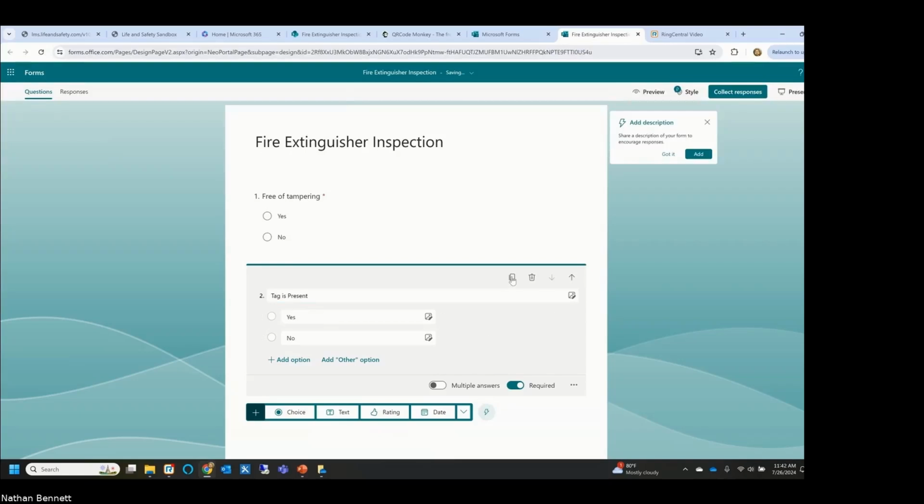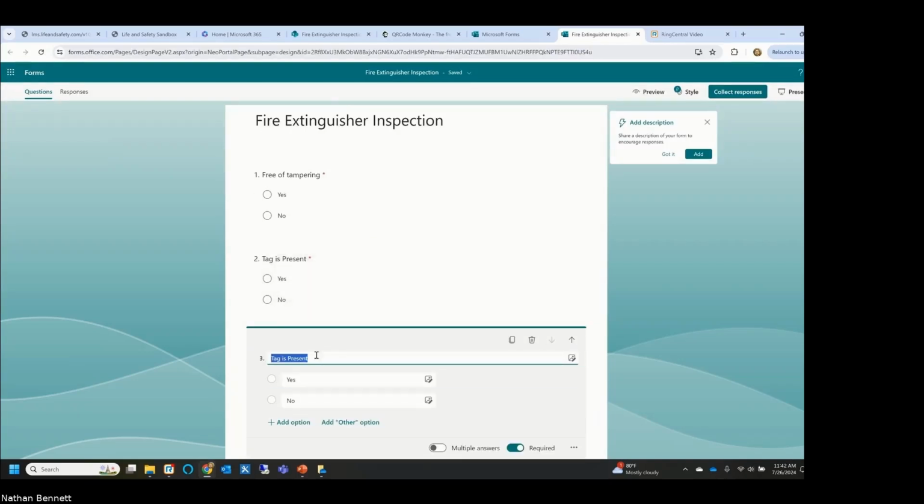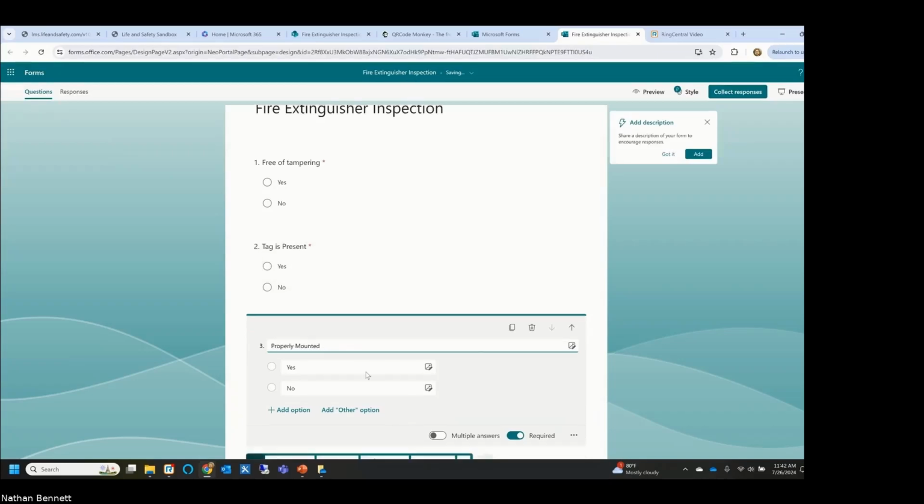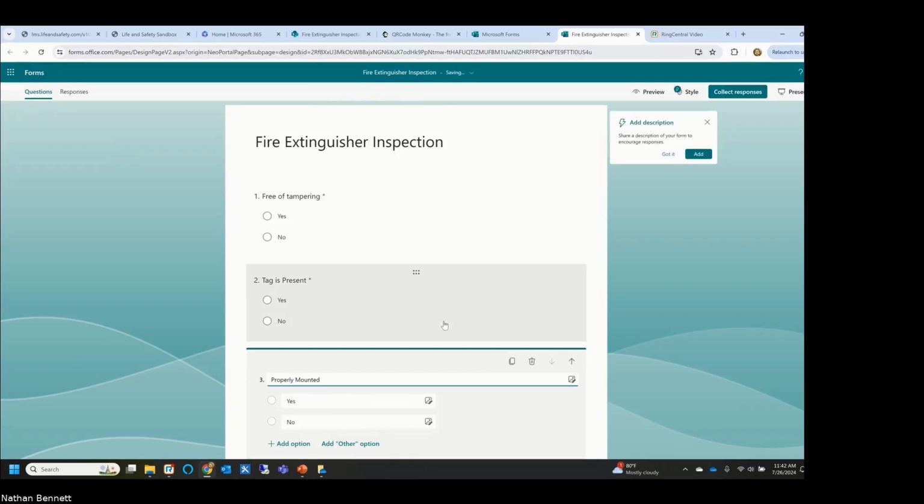And then copy it again. And you can see I just keep going, adding the different questions. Add as many questions as you want, but when you're done, sorry, I have to move my windows around a little bit. I can click collect responses,